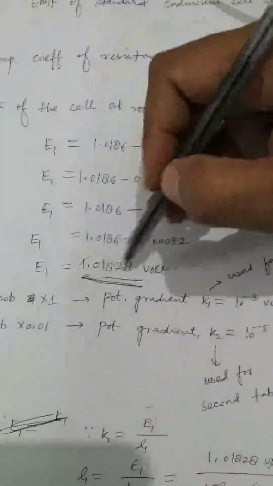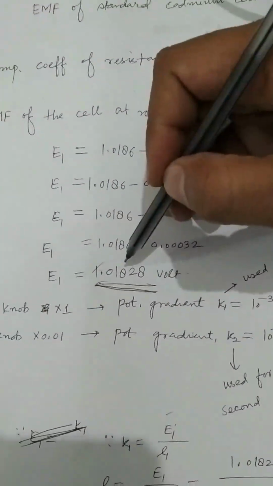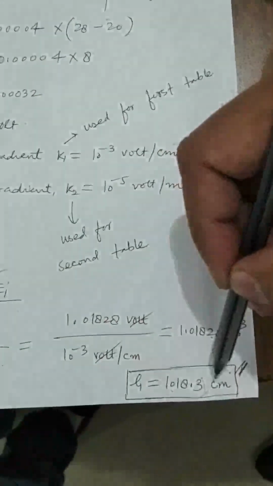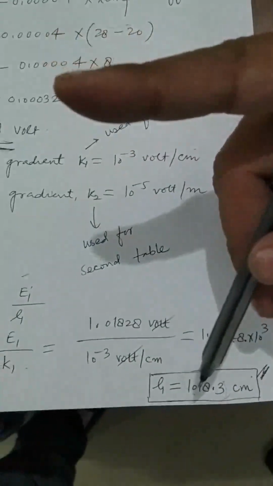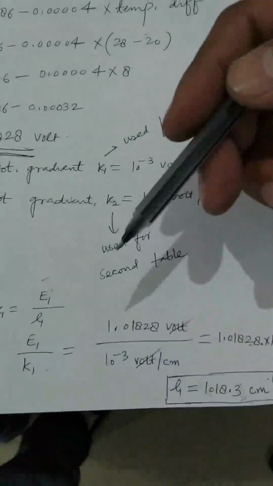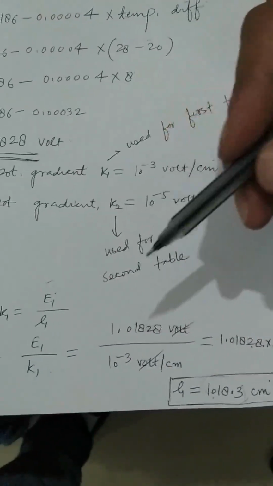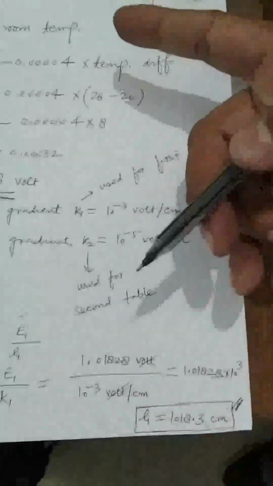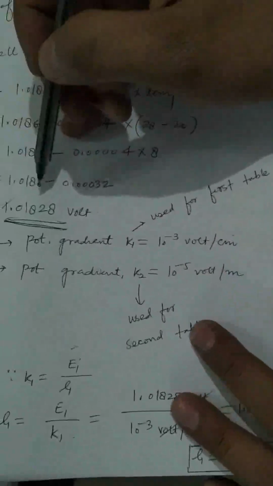इस ईएमएफ के करेस्पॉन्डिंग पोटेंशियोमीटर वायर की लेंथ कितनी आ रही है? देखो, 1018.3 सेंटीमीटर। इसको हमें पोटेंशियोमीटर वायर पे सेट करना है, ठीक है। तो एक तो नॉब की हेल्प से 1000 सेंटीमीटर सेट कर दिया था, बाकी 18.3 जो बचा था वो जॉकी की हेल्प से हमने वायर पे सेट कर लिया था, उसके करेस्पॉन्डिंग जीरो डिफ्लेक्शन निकाला था हमने, ठीक है ना।